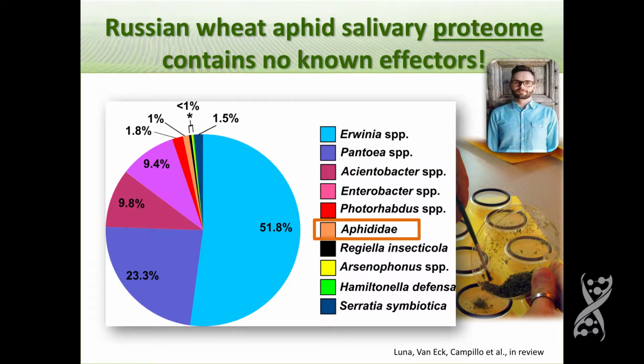So you construct these little dishes with parafilm on them. You put the aphid on the top. You have a sucrose diet underneath. The aphid spits into that sucrose diet. You collect the sucrose diet and do a proteome analysis. And what Leon found is that he didn't detect a single aphid effector in that diet. Not a single aphid effector was spit into this diet.